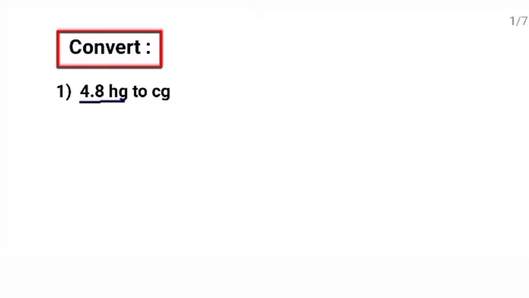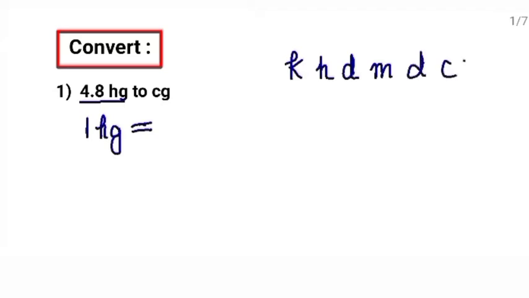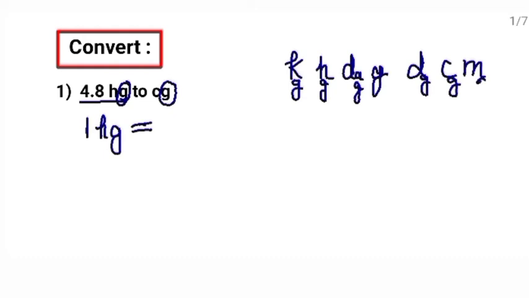You should know how many centigrams are in 1 hectogram, only then can you find out 4.8 hectogram. So 1 hectogram is equal to, find how many centigram. You will use the mnemonic "कहाँ है दोस्त मेरा दोस्त से मिलो". Gram is common on both the sides. So remove this middle meter and replace it by the gram. Now this will become kilogram, hectogram. This is DA, decagram, gram, decigram, centigram, milligram.